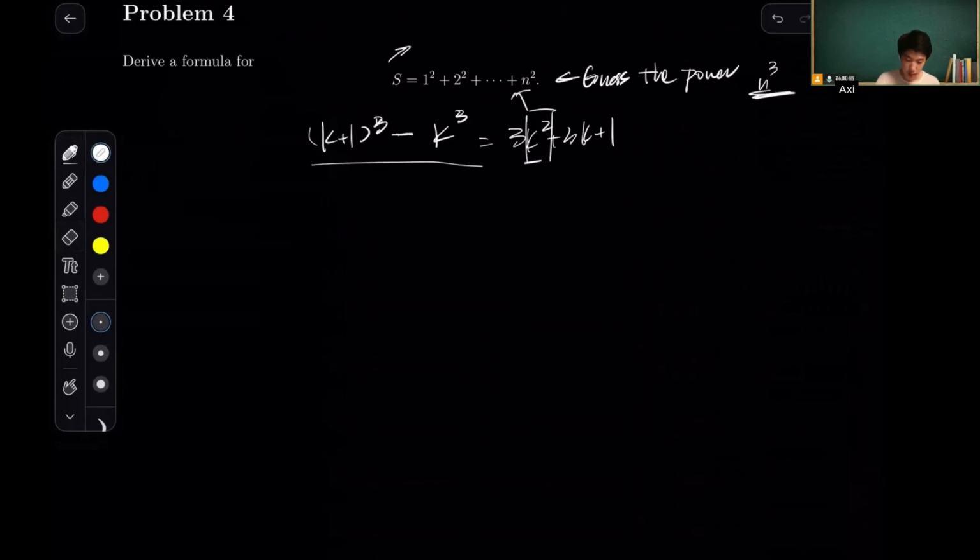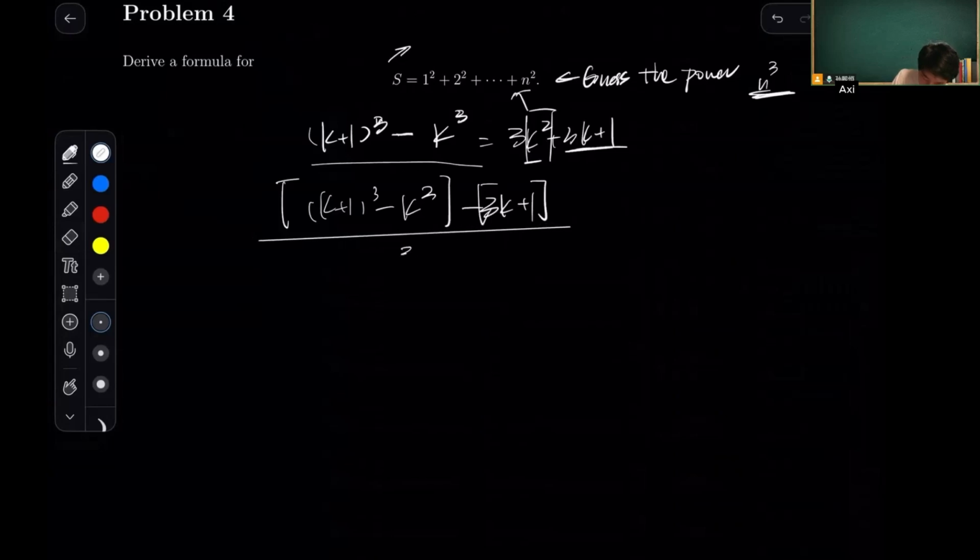Well, since we already have this equation, we can manipulate it a bit by removing this 3k plus 1 part, putting it to the left, and dividing the entire thing by 3, so we have k squared. This is a really fancy way of representing k squared. Now sum this. S equals the sum of i equals 1 to n of i squared. And this is simply